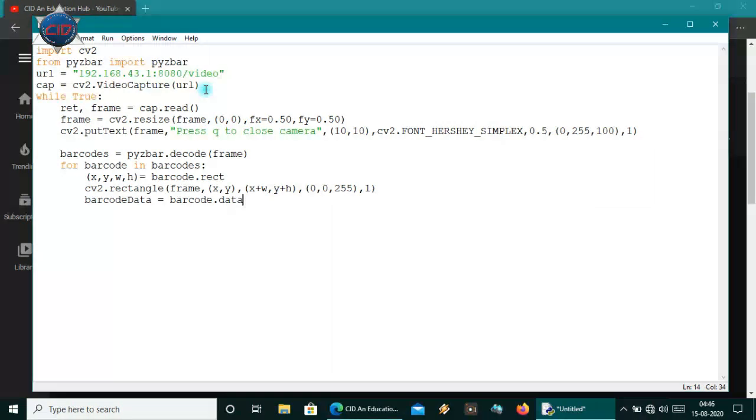We'll extract barcode.data, and this data is to be decoded into a string, because we want to show it in our variables or in our Excel files. Suppose we want to print this, we'll have to decode it in string format.